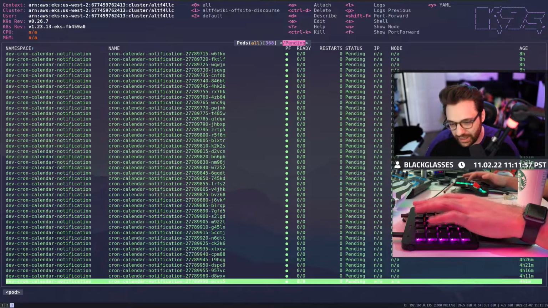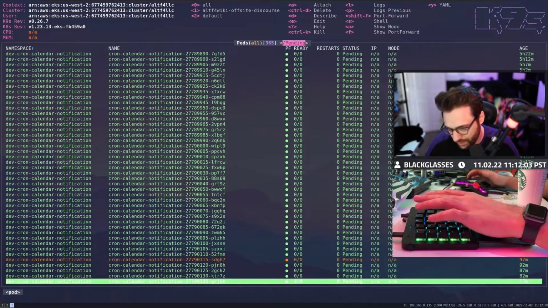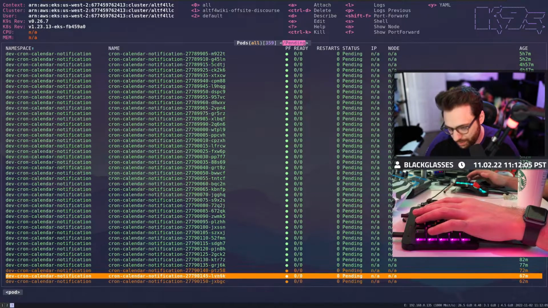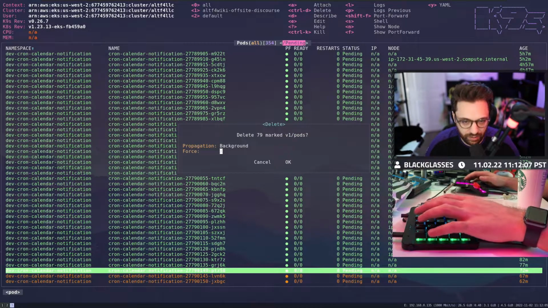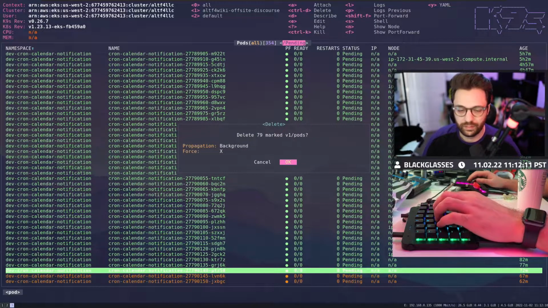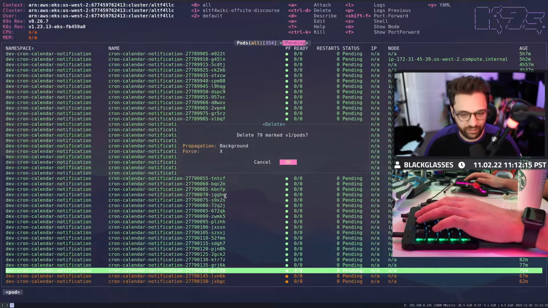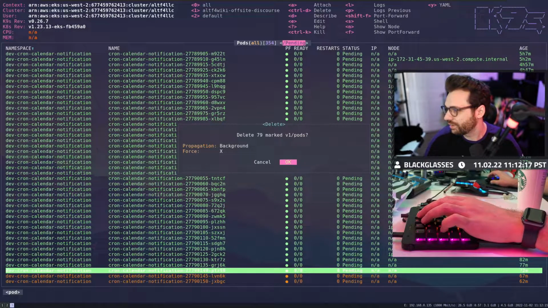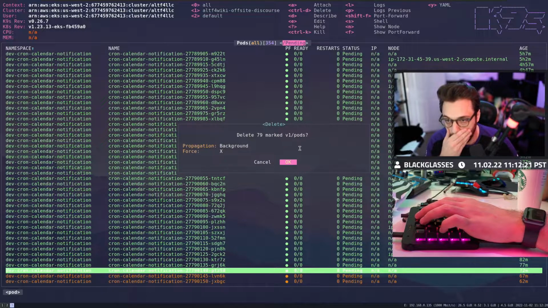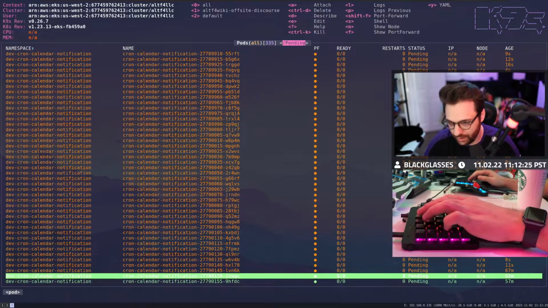This is why you got to give yourself cluster space, chat. I already know what the problem is. It's right here. The crons basically locked up because they weren't able to run. That's why we've got like 500 pods and everything's locked up. All right, I see. Hopefully that'll, there we go. That'll take care of a lot of these.